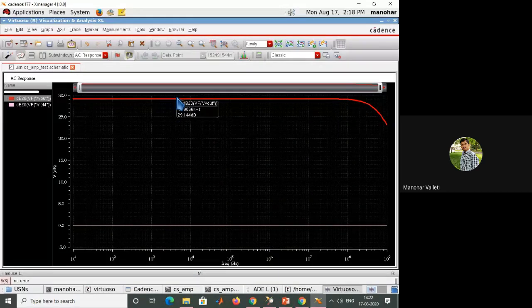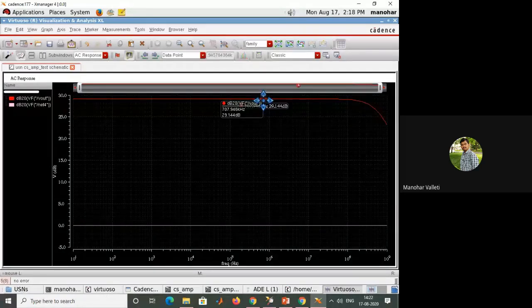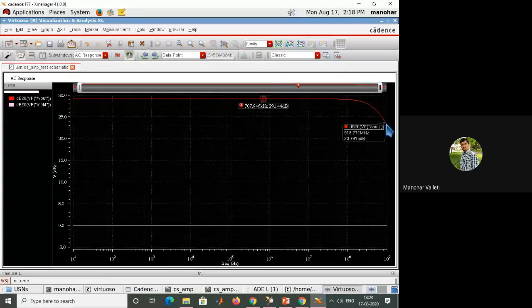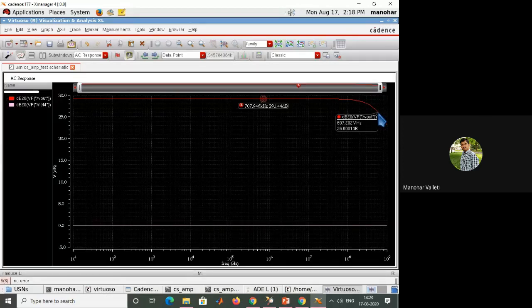So we just see here the output in dB. The output in dB you can observe here also. Here also, the output in dB is 29 dB you are getting. So if you move, you see here A, 29 dB, move to the point where 29 minus 3 dB, that is 26.1, right? So 26.1.